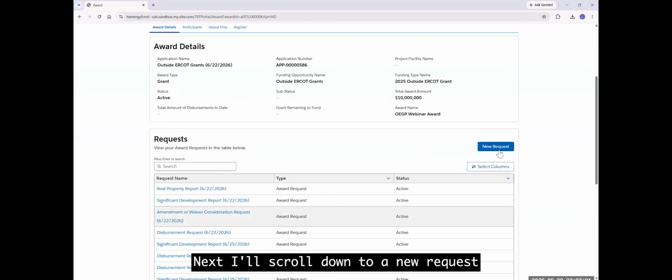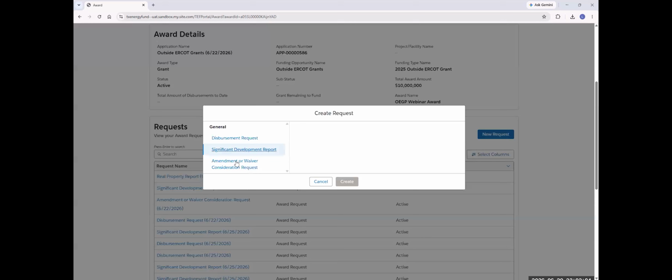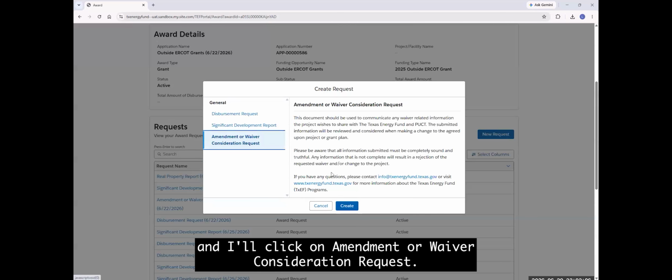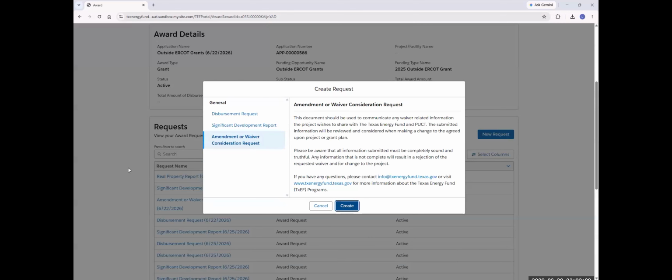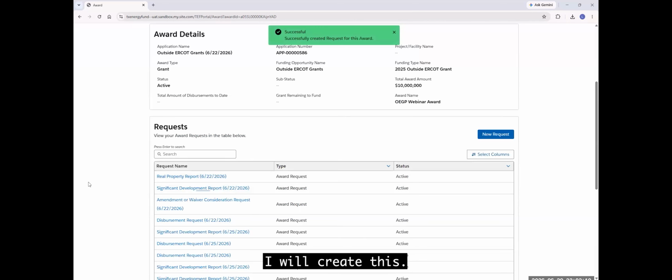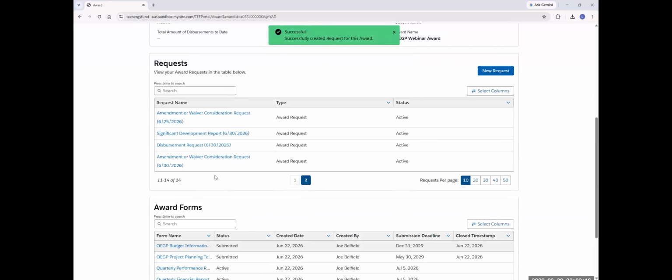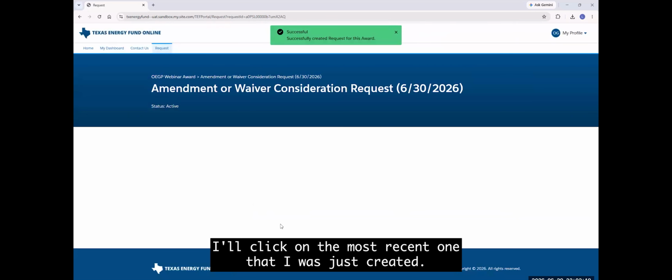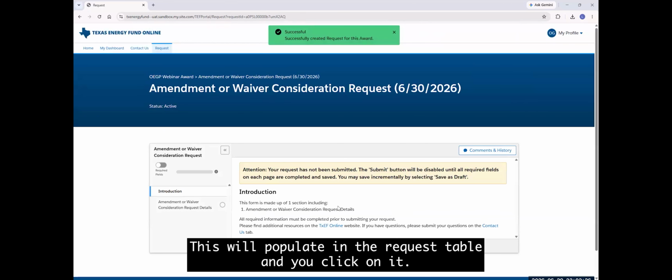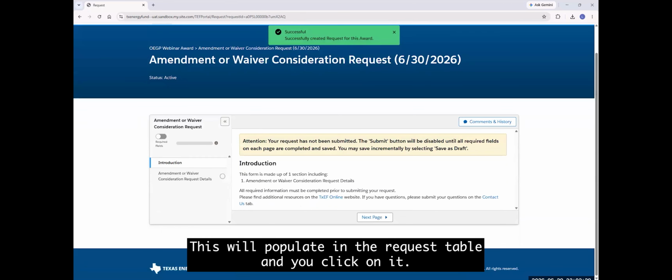Next, I'll scroll down to New Request, and I'll click on Amendment or Waiver Consideration Request. I will create this. You'll note that I have created a few different requests. I will click on the most recent one that I just created. This will populate in the request table and you click on it.